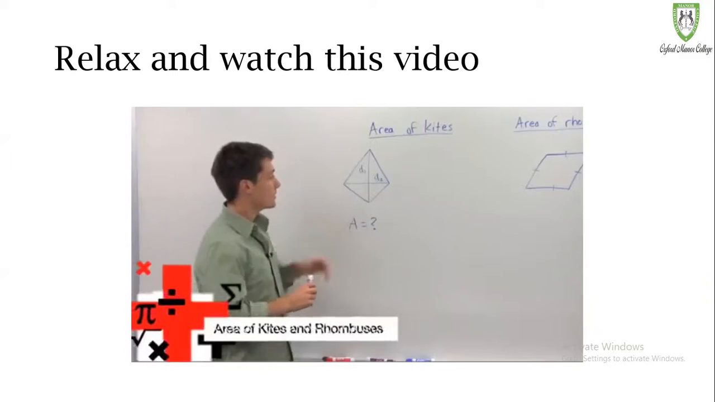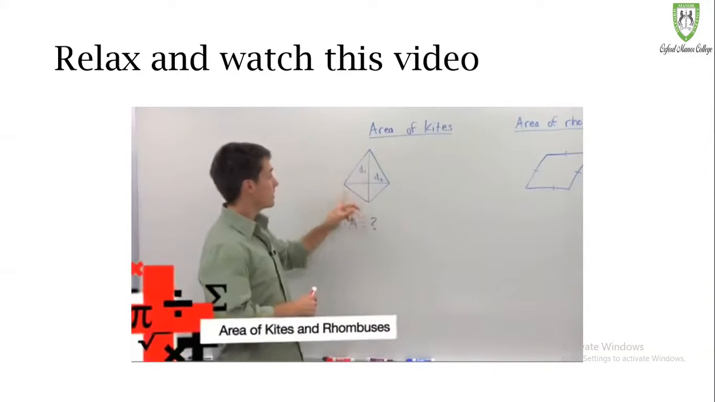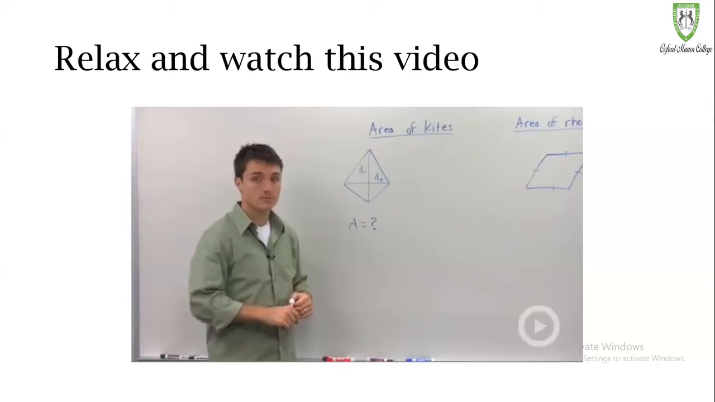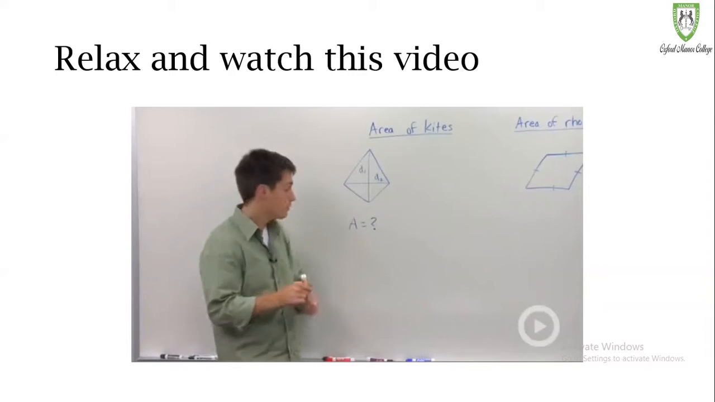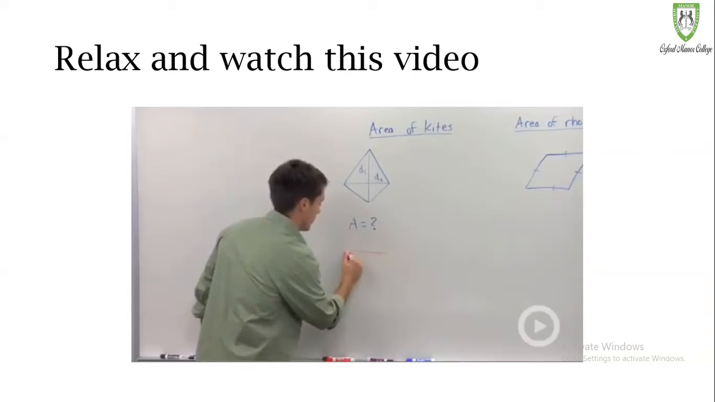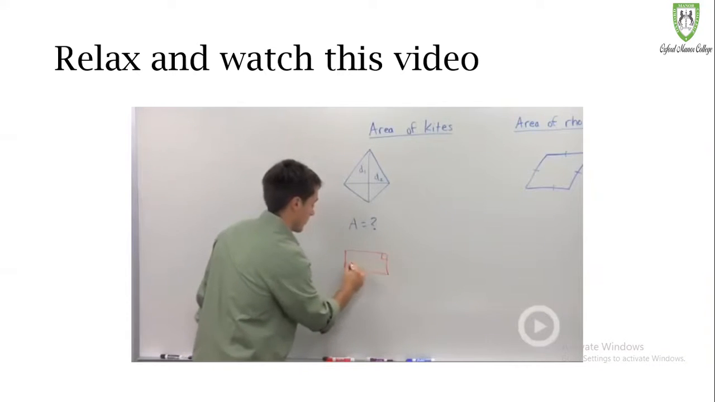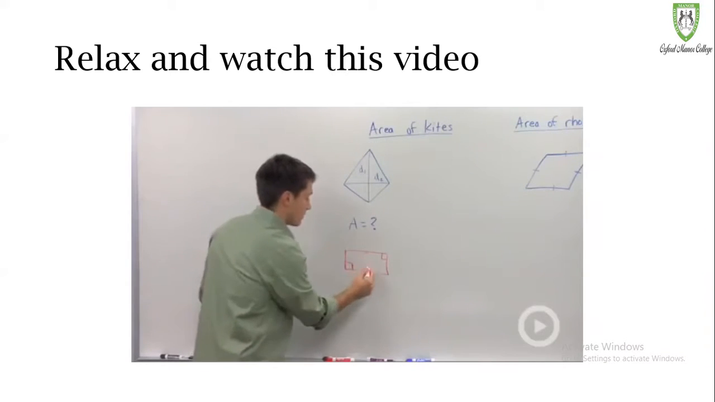What is the area of a kite? Well, all you know is the length of each of those diagonals. Well, let's go back to what we do. We know the area of a rectangle, so if I write in some right angles, maybe this is parallel,